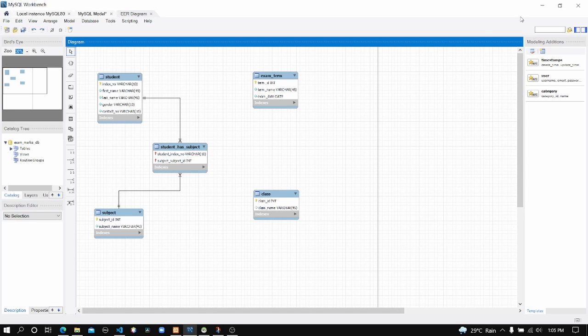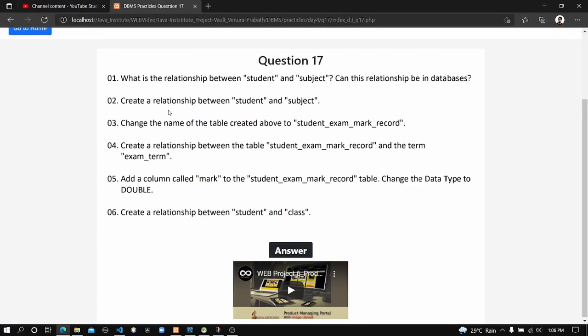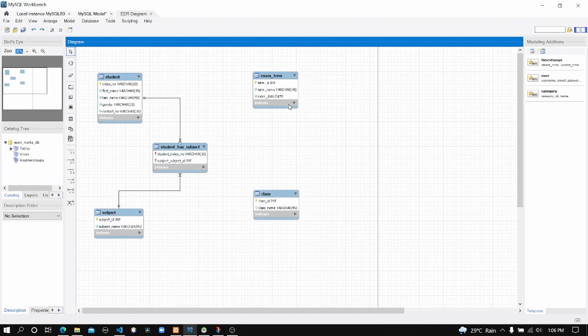Okay, here we complete our first question, and then let's move on to the second one. Create a relationship between student and subject. Actually we did that part, which means we completed the second part too. We defined the relationship between these two tables,